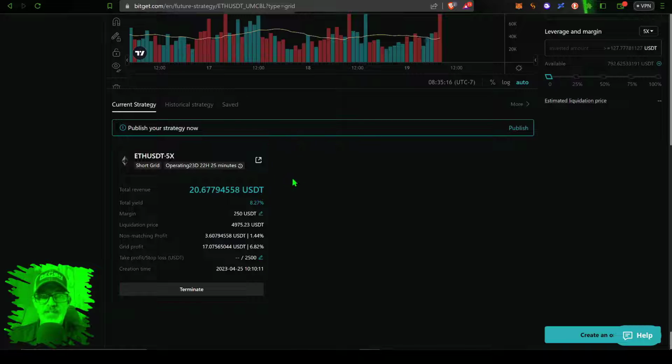But with that all being said, you can see that the bot deployed on ETH USDT futures contracts, I used 5x leverage and I went short with this bot. So again, I was looking for the price of ETH to drop, and the price of ETH has dropped over the last 24 days. So my total yield or profit is currently sitting at around 8%, or 20